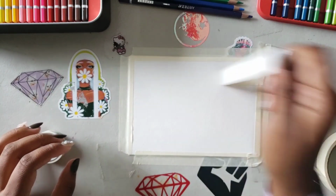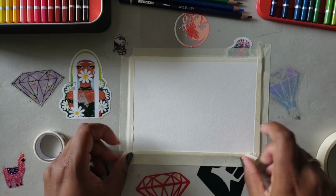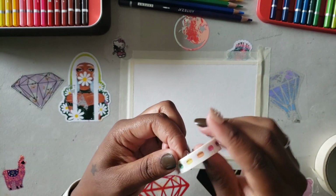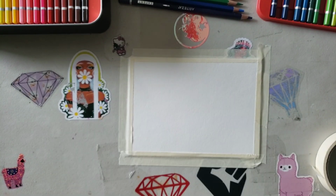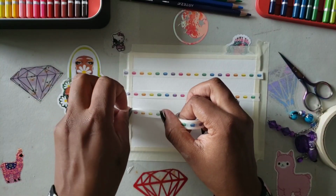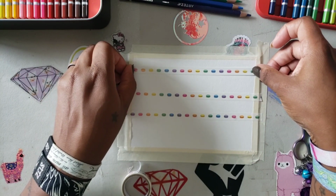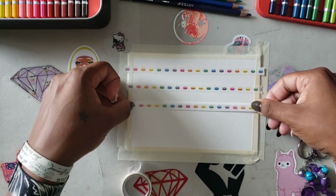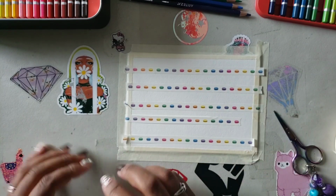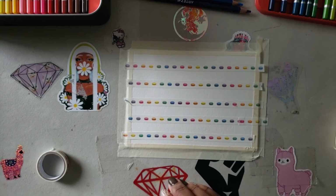All right, and we're not going to use the masking tape because that obviously is going to be too big. So we're going to get some thin washi tape. I'm going to take this thin washi tape and section off my card. All right, so now that we have our six sections,